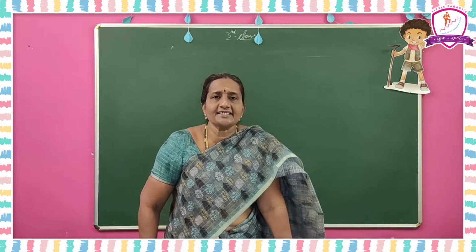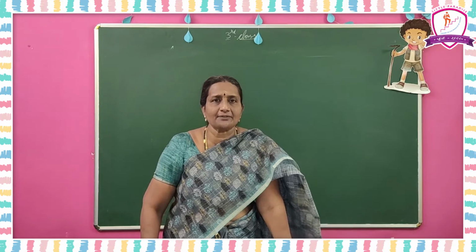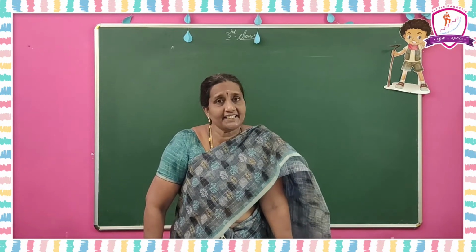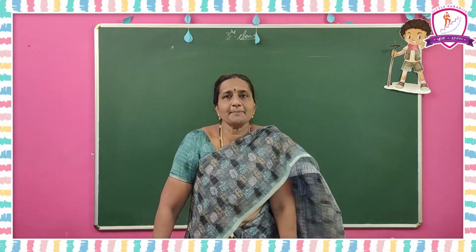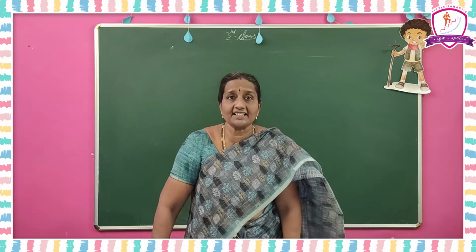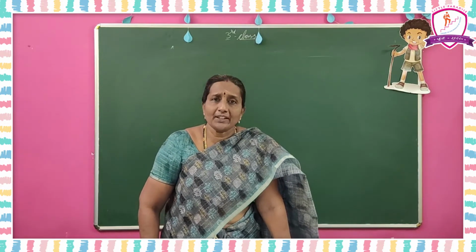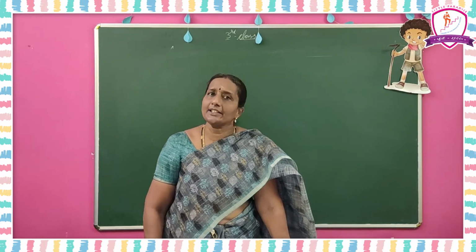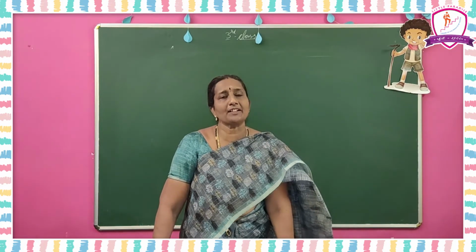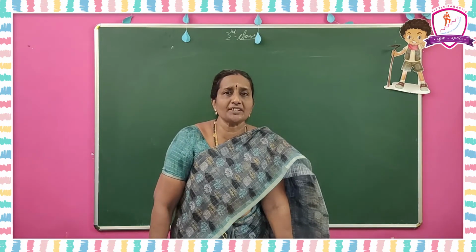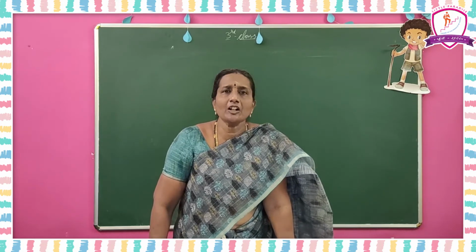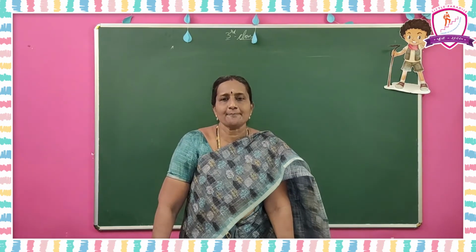Now we have to discuss properties of addition and some special properties of addition. What are the properties of addition? First property is order property, the second property is grouping property, then addition of 0, and then addition of 1. And we have discussed some special properties now. If we add 10 to any number, the value of the tens place is increased by 1. If we add 100, the value of hundreds digit is increased by 1. And if we add 1000, the value of thousands digit is increased by 1. Using all these properties, we can answer these fill in the blanks.